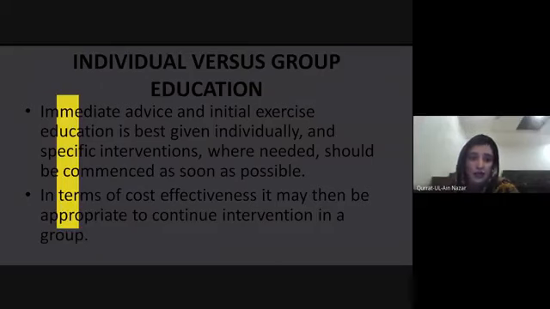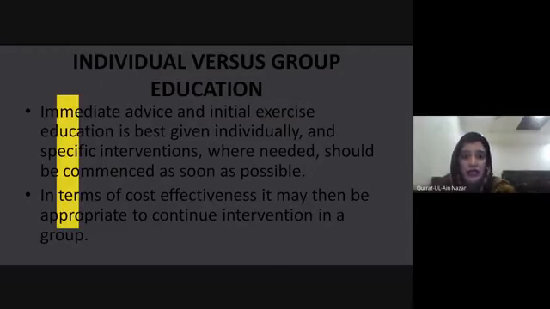After discussing some main points which women's health physiotherapists need to plan and learn for any problem which the postnatal period needs to be evaluated for, we are going towards the next topic, which is individual versus group education. Yes, individual versus group education is very important for both the mother and the women's health physiotherapist. Because if individual or group education is held, then many problems can be resolved for the mothers who have not taken antenatal classes.